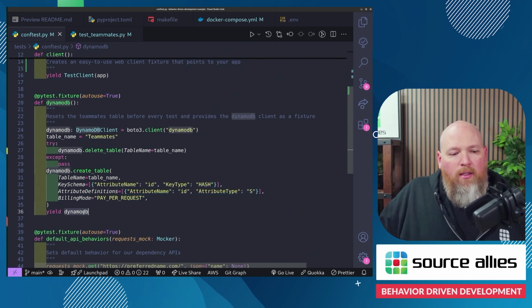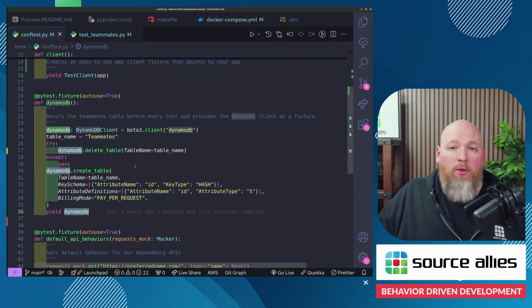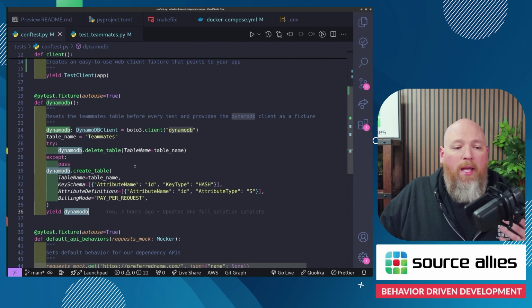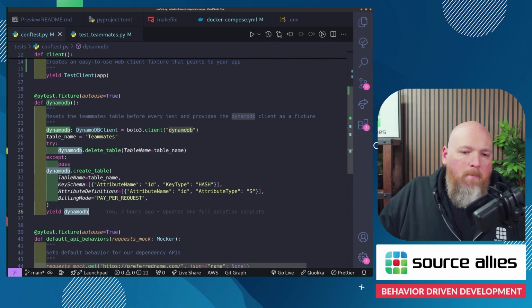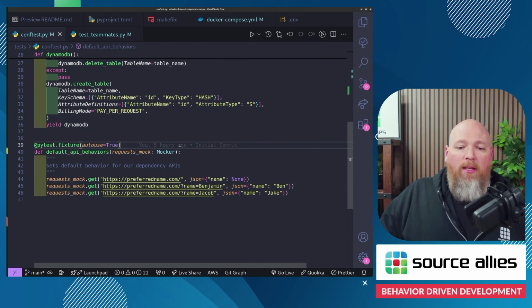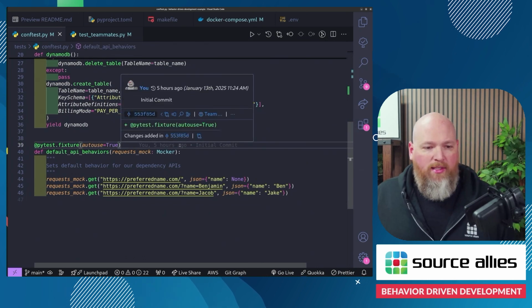And then we're going to yield that DynamoDB resource so it can be used later on if we wanted to in one of our tests. We don't, but it's there if we want it. And then down here, we have some default API behaviors. We can take a look at that in a second, but really all this is saying is we have a